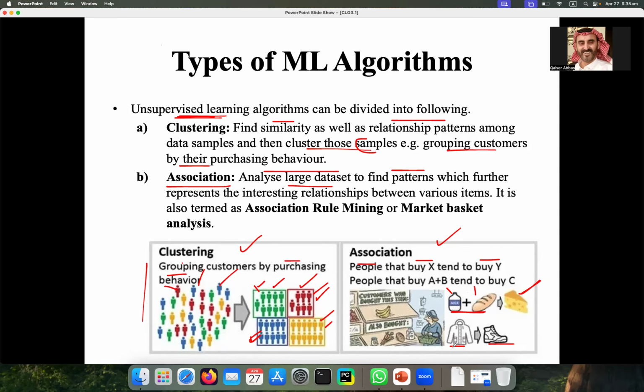This is called association, and this is the second division of unsupervised learning. The other name for it is association rule mining, or you can also call it market basket analysis. These are the other names of association.